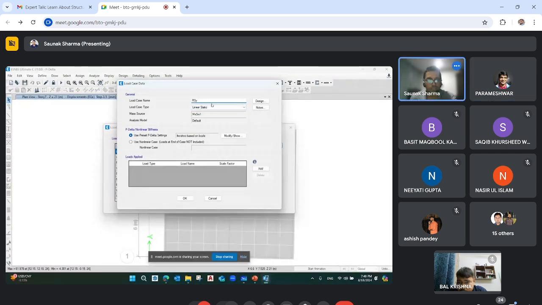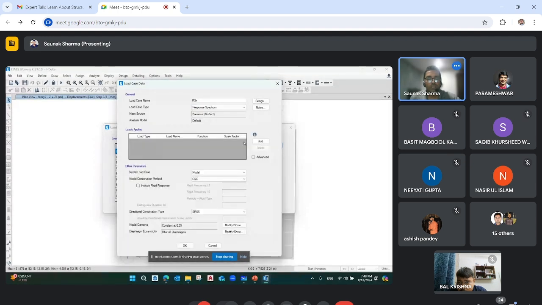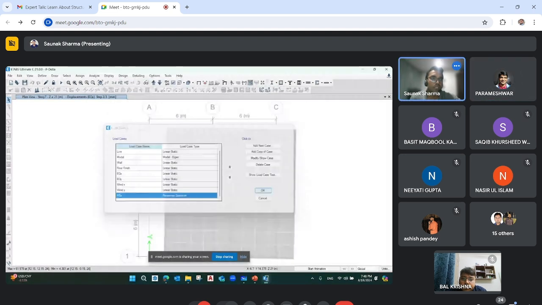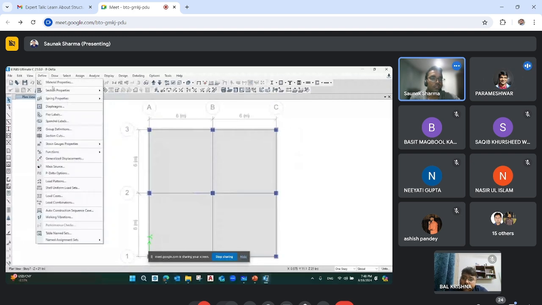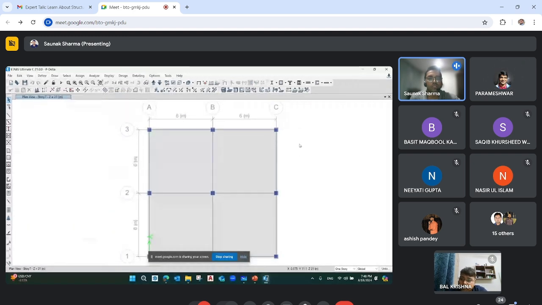एड न्यू केस करता हूँ, एक फॉर RSX ओनली, लेट्स कंसीडर। सिमिलर विल बी फॉर RSY आल्सो। RSX में करता हूँ रेस्पॉन्स स्पेक्ट्रम, एड न्यू केस, फॉर X U1, फॉर Y U2 हम डालते हैं। यहाँ हमें पहले एक फंक्शन डिफाइन करना पड़ता है। लेट्स डिफाइन दैट फंक्शन आल्सो ड्यूरिंग रेस्पॉन्स स्पेक्ट्रम। डिफाइन फंक्शन रेस्पॉन्स स्पेक्ट्रम,